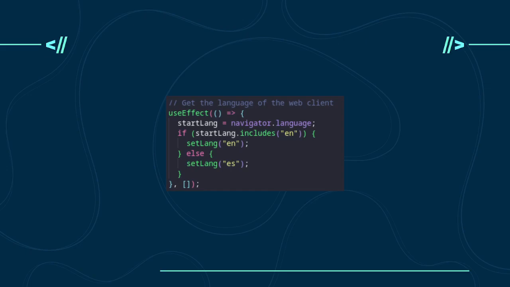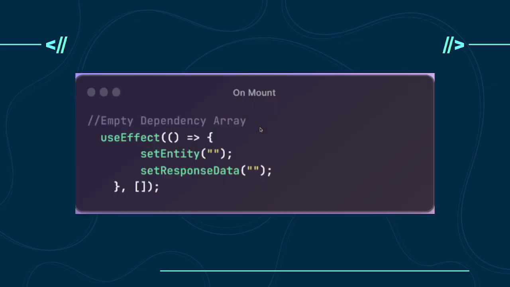Their phone knows whether they're English or Spanish, but when they make the request, we don't know. So that's why this is important. We only run this code once it actually gets instantiated, once the React loads. That's the only time we're going to have access to the language, the navigator, right? Those are paradigms you're going to need to understand between client and server, and that's where React helps.